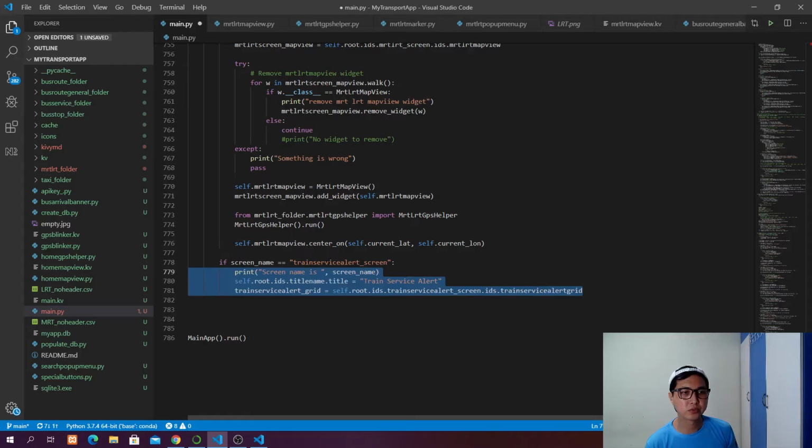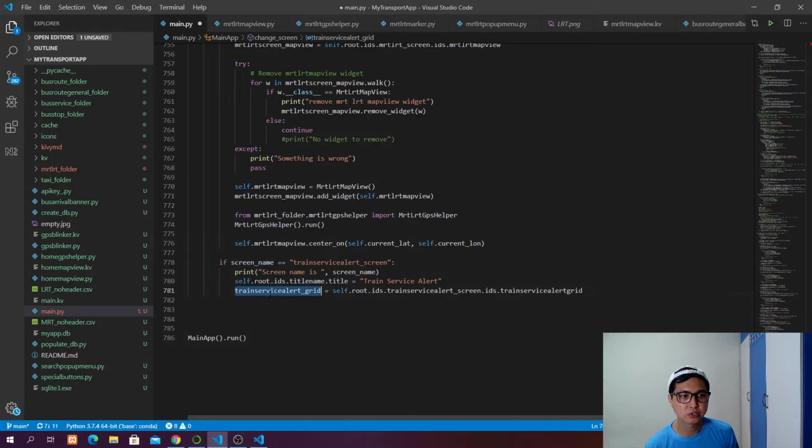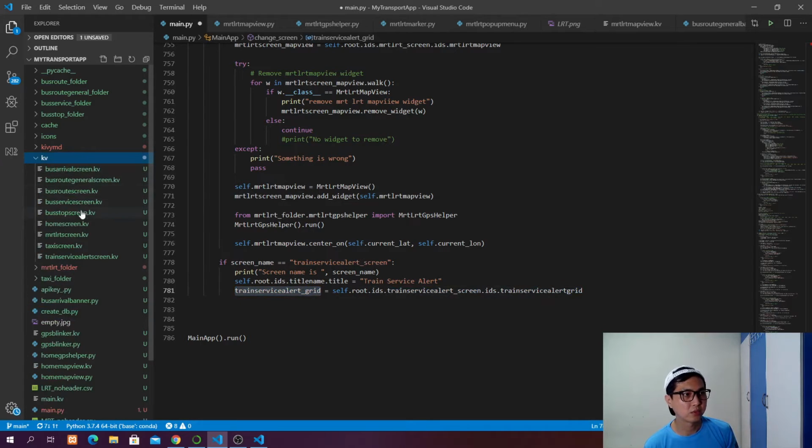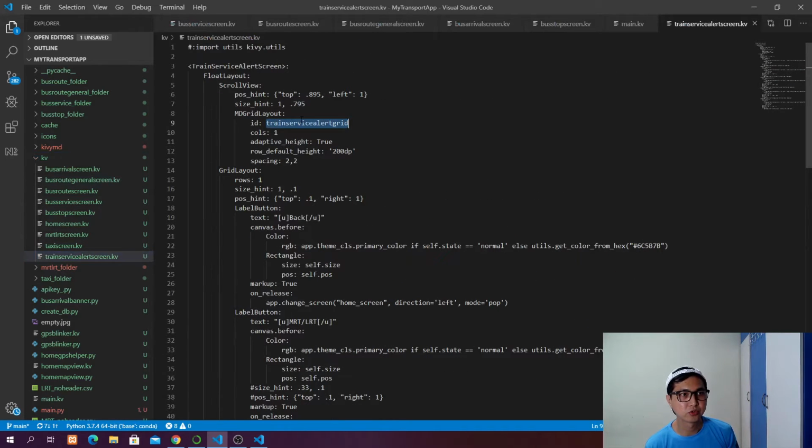So if screen name is going to be equal to trend service alert screen, we want to change the title to trend service alert, which means here I want to change to trend service alert. And then in the trend service alert grid, sorry, I define trend service alert grid is going to be equal to trend service alert screen.id.trend service alert grid. So this variable is referring to our Kivy file trend service alert screen. Here it's going to refer to my MD grid layout here. Okay,